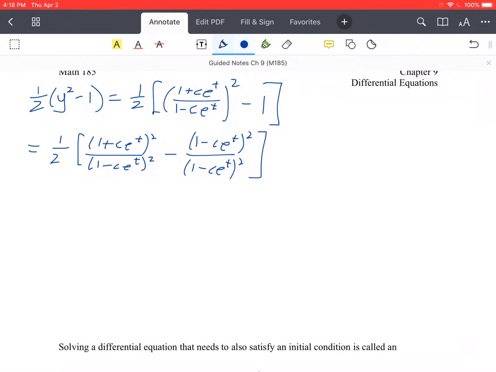Okay. So we do our squaring and apply that negative. So we go 1/2. We have 1 plus 2c e to the t plus c squared e to the 2t,